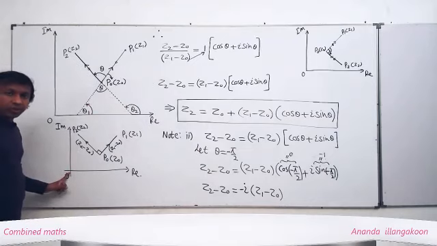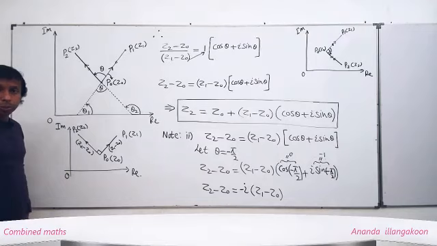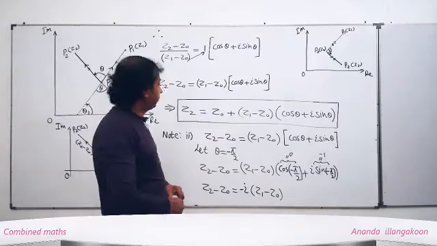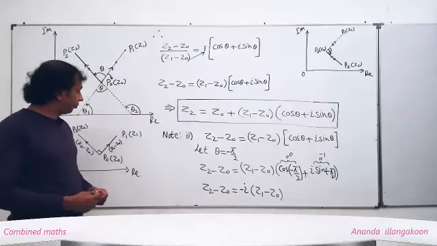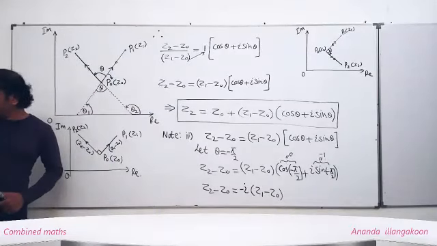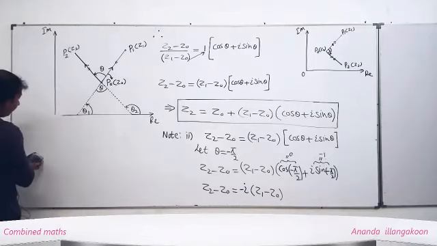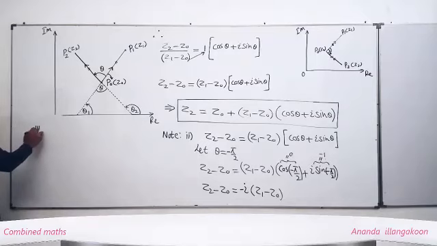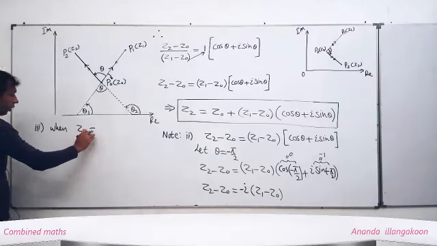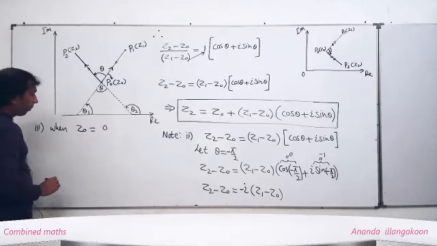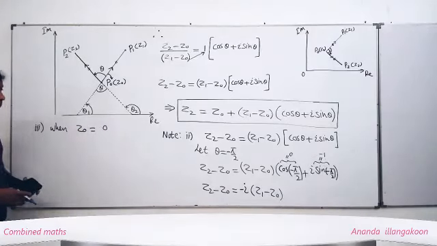When this Z0 is 0, the rotation takes place about the point O. Then you can write note number 3: when Z0 equals 0,